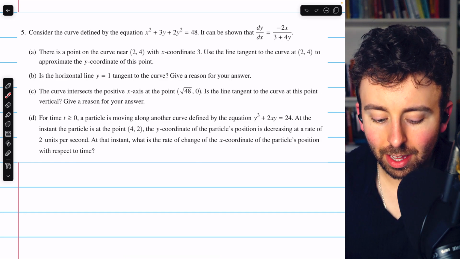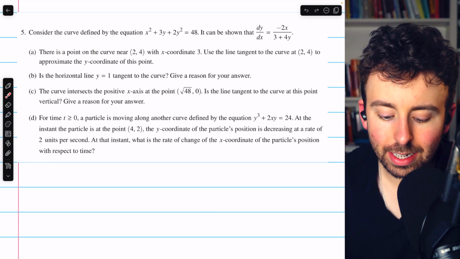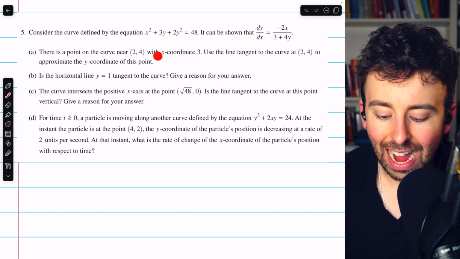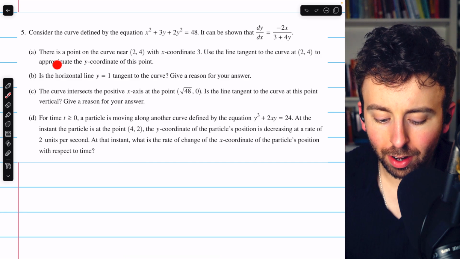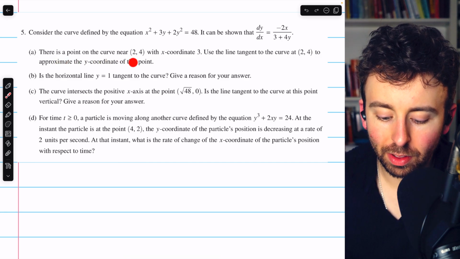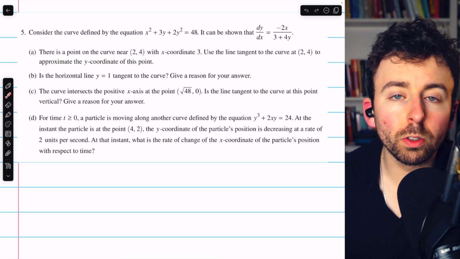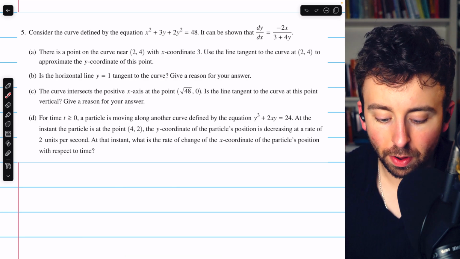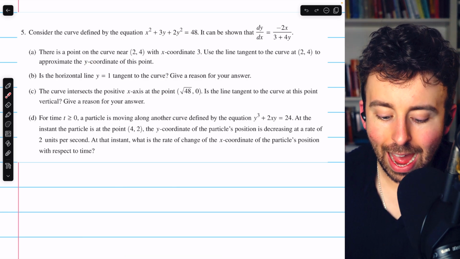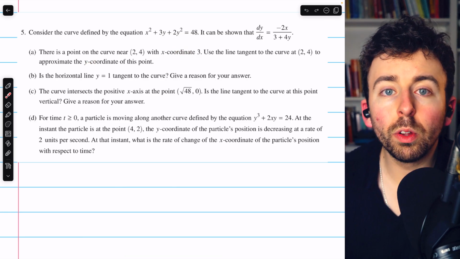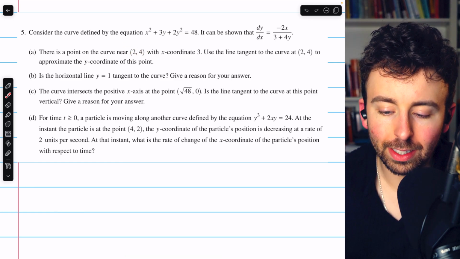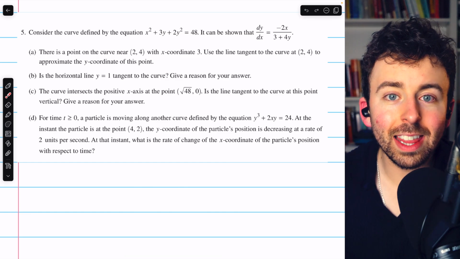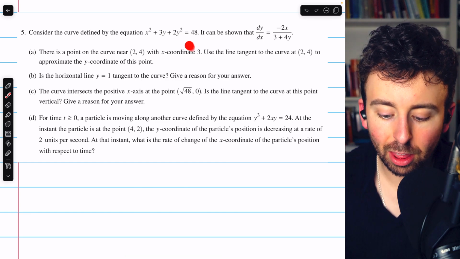Part A says there is a point on the curve near (2, 4) with x coordinate 3. Use the line tangent to the curve at (2, 4) to approximate the y coordinate of this point. So in order to approximate the y coordinate at x equals 3, we'll find the line tangent to the curve at this given point (2, 4), and then we'll just plug x equals 3 into